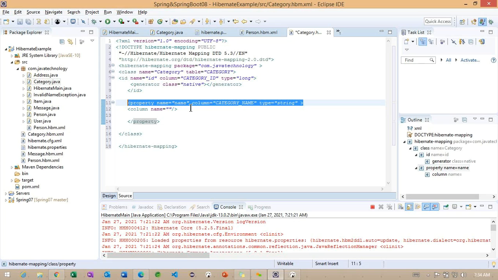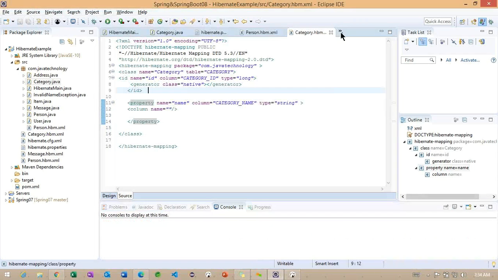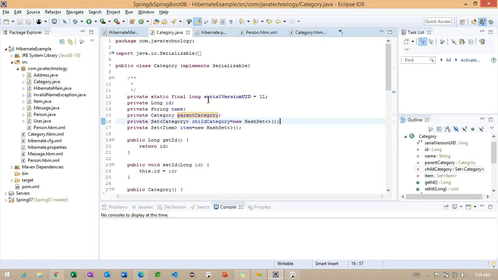Association is nothing but whenever we are going to have multiple records, how we can insert them into the database with some relation. Observe here, in the earlier example, we created the category, right? So the category has the properties called ID and name.